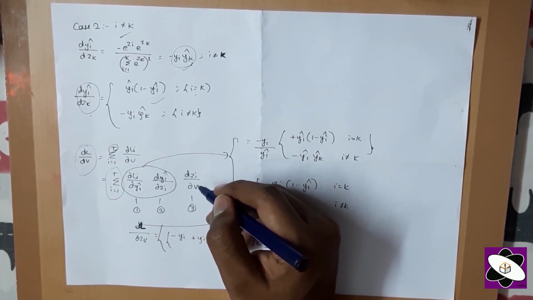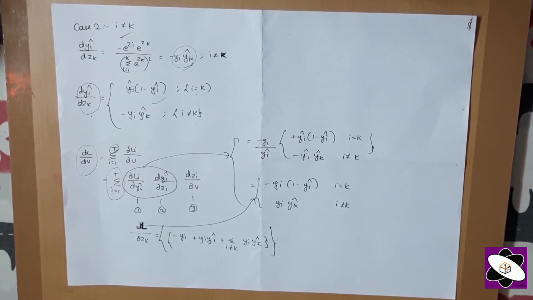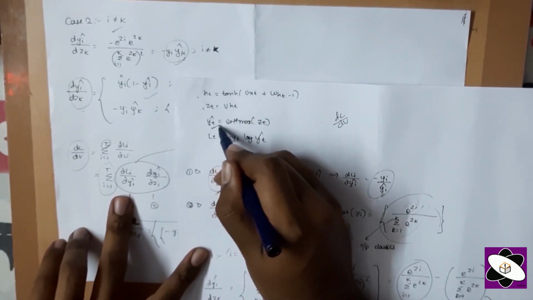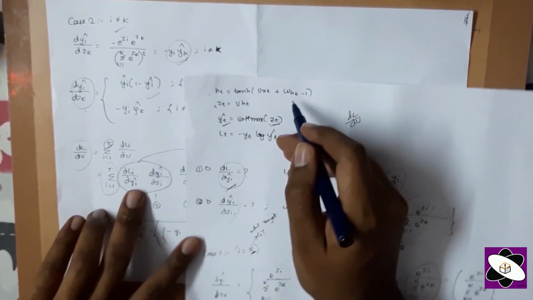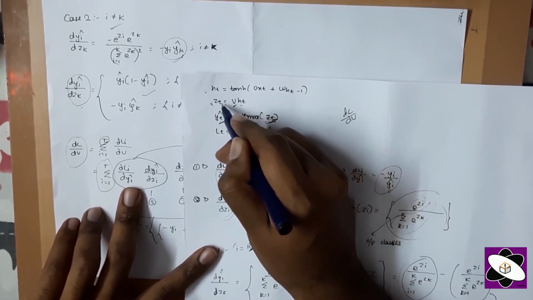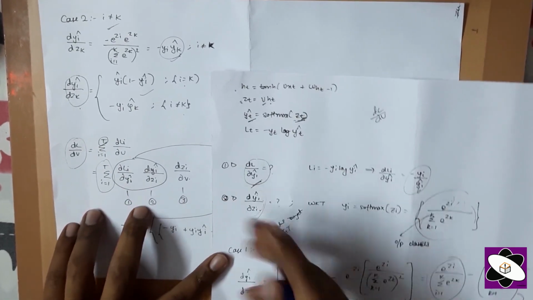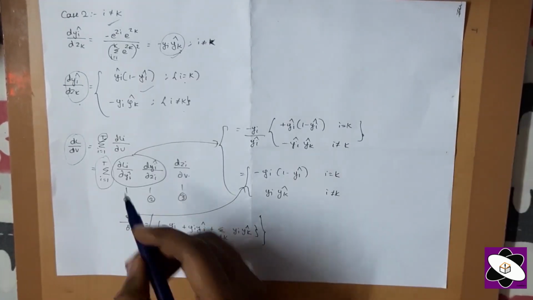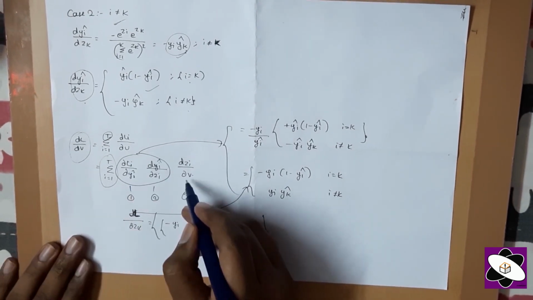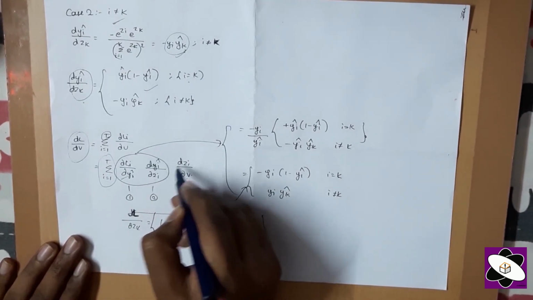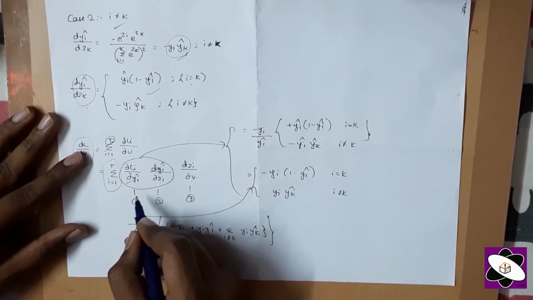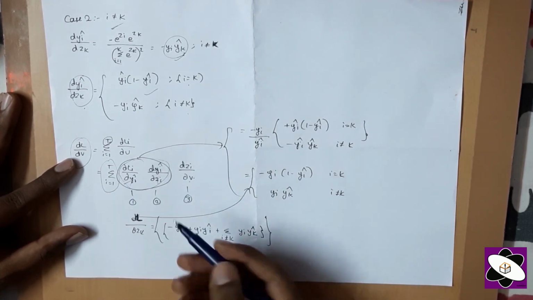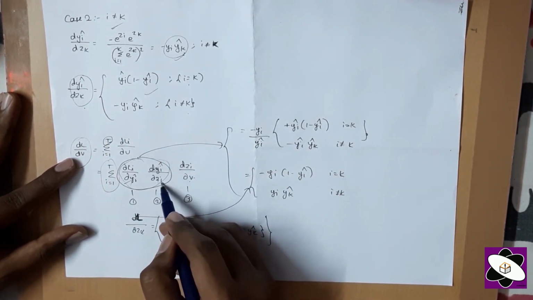If I just want to show you again how it goes: with respect to y, then y with respect to z, then inside z we have v, so dz with respect to dv. This is how the matching goes on in a chain rule fashion. So we in turn get dl by dv, because the intermediate terms will be cancelled. We need to find these values, and this whole thing which we have found now, dy by dz, and we have found dl by